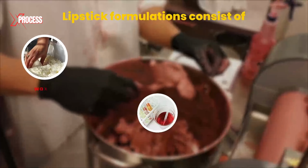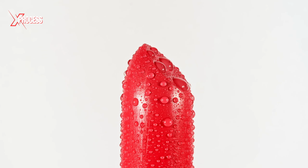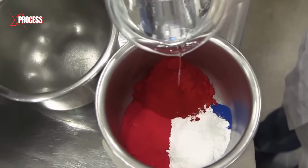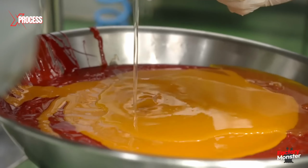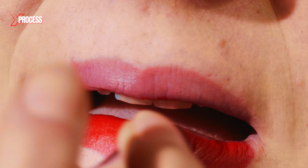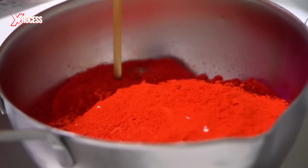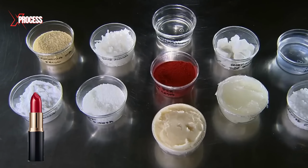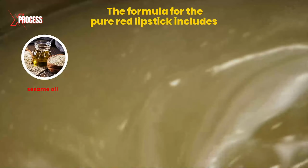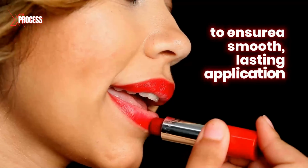Lipstick formulations consist of waxes, pigments, and moisturizers. For creating a vibrant red lipstick, the production specialist combines 3 pigments, 2 red shades and 1 yellow. Applying these pigments directly would result in them flaking off as soon as the lips are pressed together. To prevent this, the pigments are dispersed in oils. The formula for the pure red lipstick includes sesame oil, rosehip oil, and 2 synthetic oils to ensure a smooth,